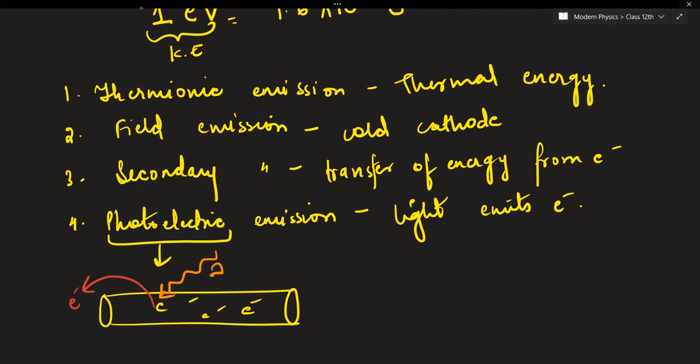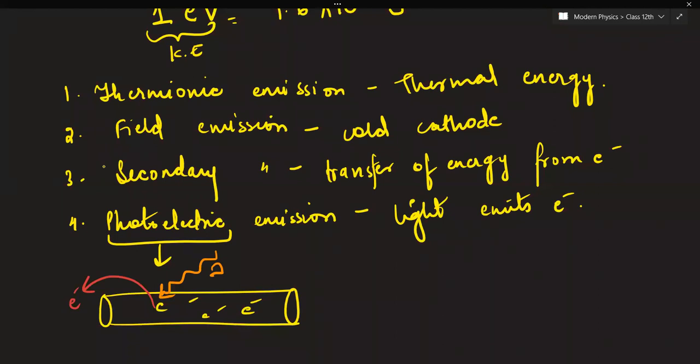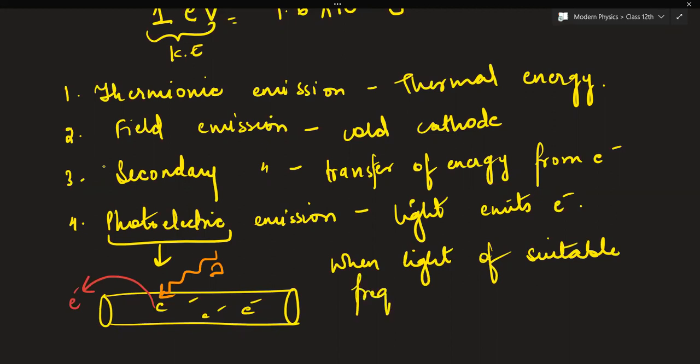It means emission has occurred, and this type of emission that has occurred because of light rays is known as photoelectric emission. So when light of suitable frequency illuminates a metal surface or strikes a metal surface, you can write